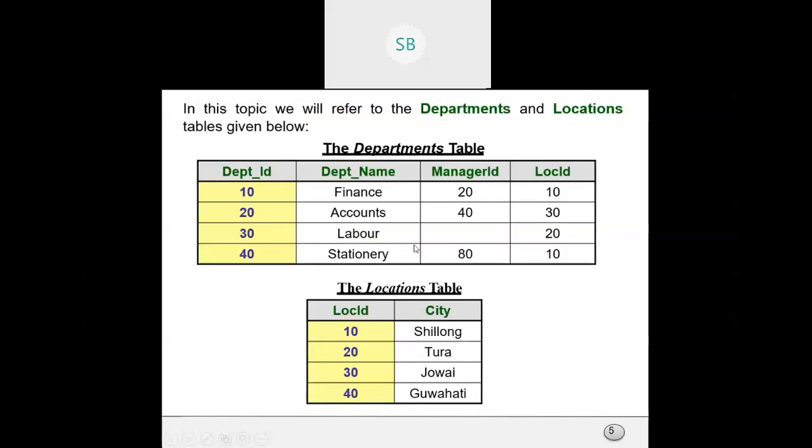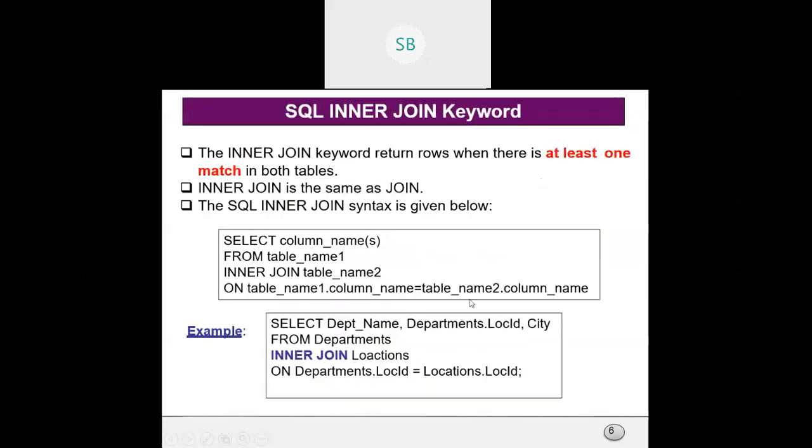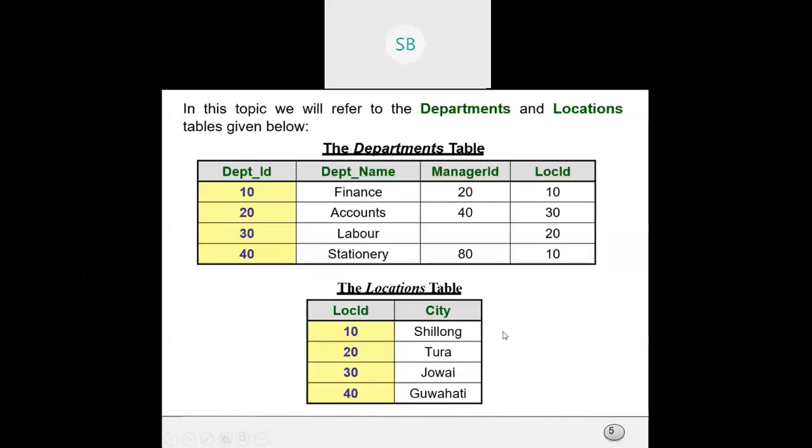So it's talking about department name, this department dot location ID. Why have we mentioned this department dot location ID? Because just check, in the location table also LOC ID is there, in the department table also LOC ID is there. So it is basically ambiguous, right?